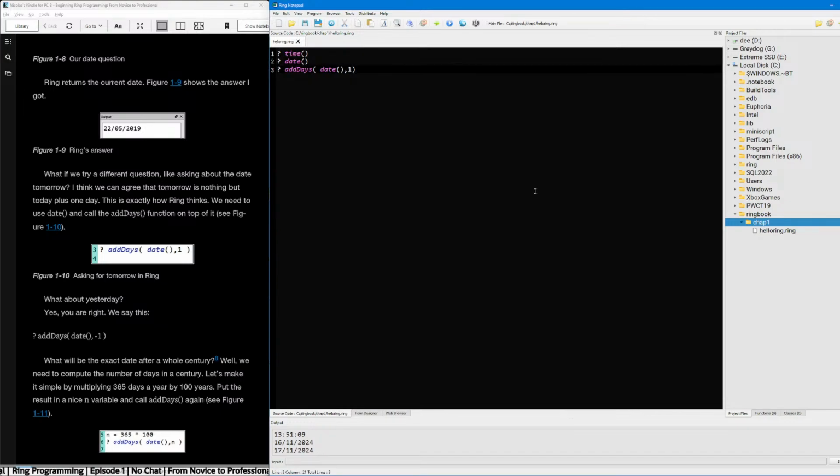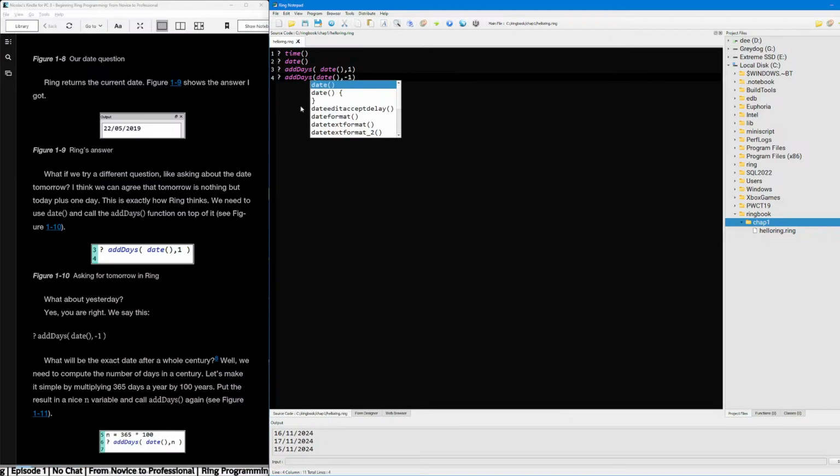What about yesterday? Control Shift left. Oh, I can't see it. How do I select to the right? Shift home. All right. Do I have to do the... Can I omit that? All right, cool.